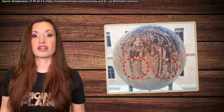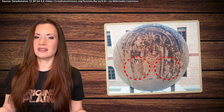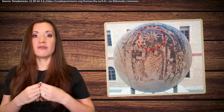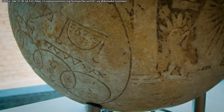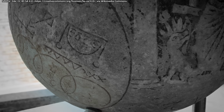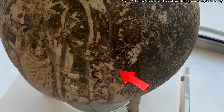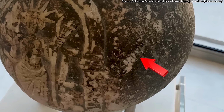At Helios' feet are 2 beasts, either dogs, lions, or dragons. It's difficult to tell. There's also a snake with a human head, which likely represents one of the constellations in the sky. Then there are a bunch of weird symbols. There's a big circle containing a row of 5 overlapping circles. There are some nonsensical inscriptions, plus groups of Greek letters arranged in such a way that they don't form any